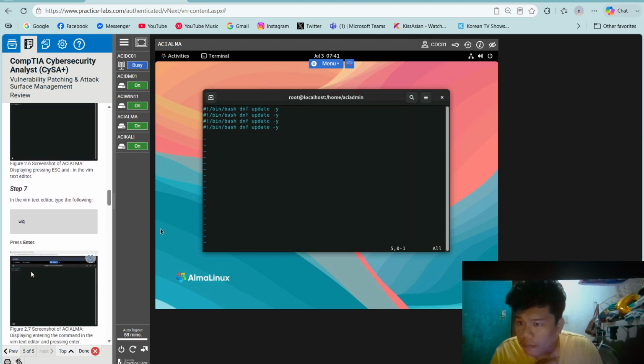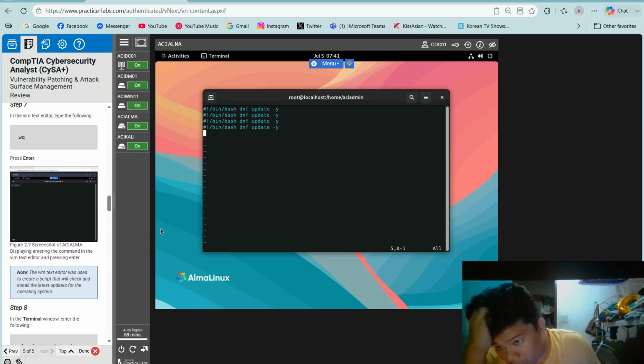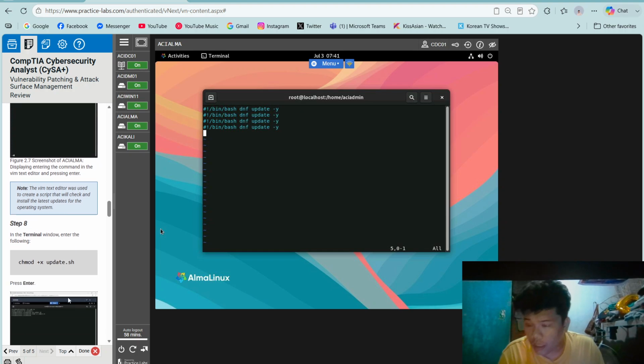So step 7, in the vim text editor, type the following: :wq. Then note, the vim text editor was used to create a script that will check and install the latest updates of the operating system.